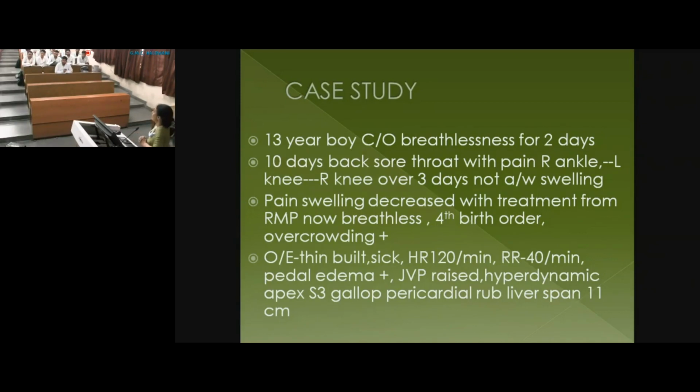Now, you would like to look for signs of inflammation. So you look for TLC, you look for ESR. How much should the fever be? 38. ESR should be more than, we are a moderate to high risk country, more than 30. CRP should be more than 3. And PR interval may be prolonged. The child is 13 years old, so it should be roughly more than 0.16. If these criteria are fulfilled, what test would you like to do? Would you like to do echocardiography? ASO titers, okay, X-ray for cardiomegaly. So that is what we'd like to do.